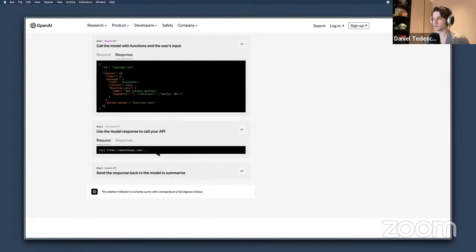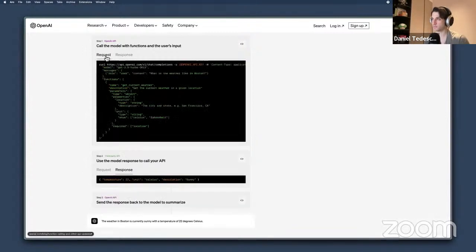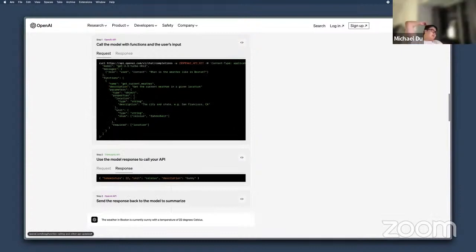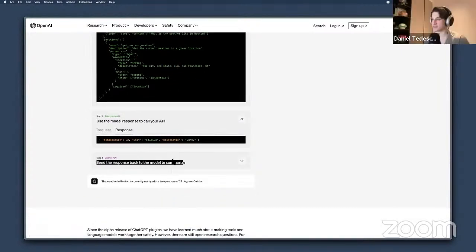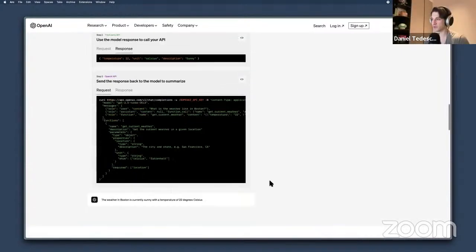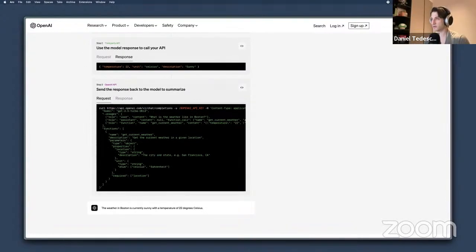So we call the weather API in this case, get the result, and then send the response back to the model to summarize. So there's the chat history.